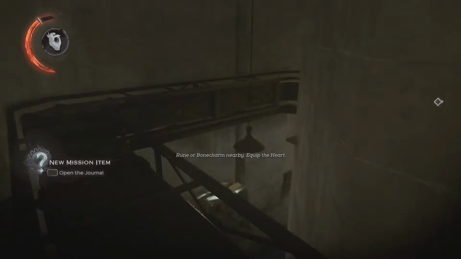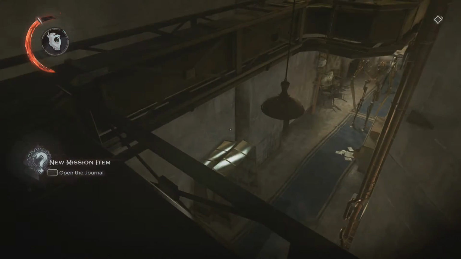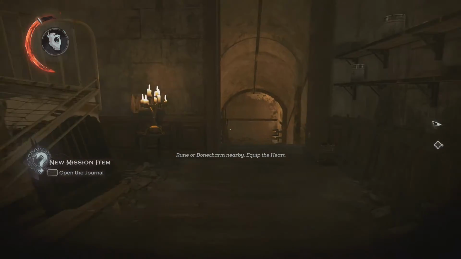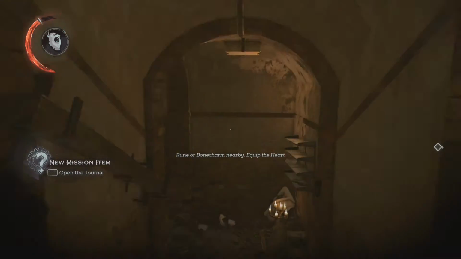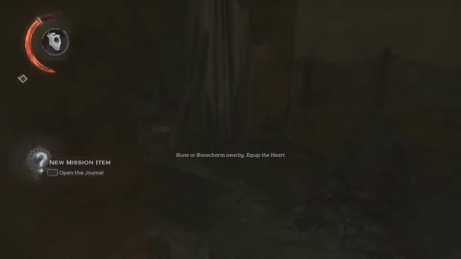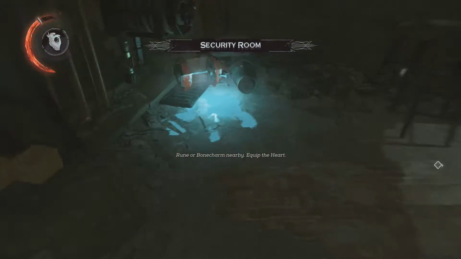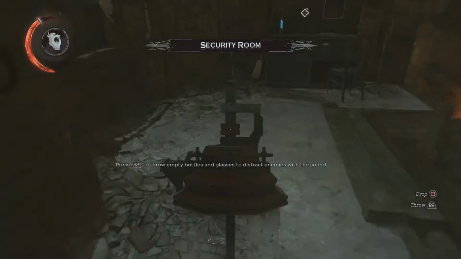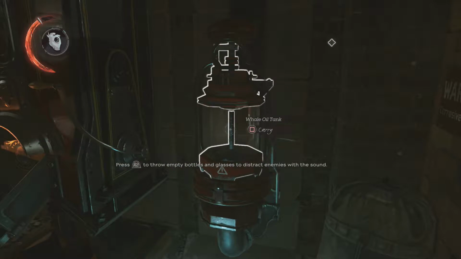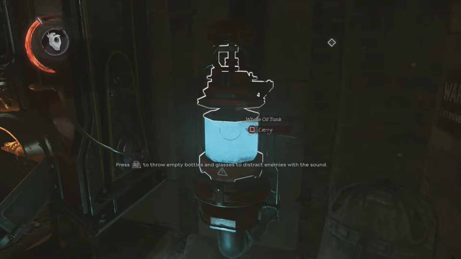Go here on top of the air duct, and here you don't have to wait, guys. You can go straight down and through the door, because if you wait like this, you see you have a chance of getting spotted, so it's not recommended. Just don't wait like I did, just go straight for it. Getting another well oil tank, fill it up,